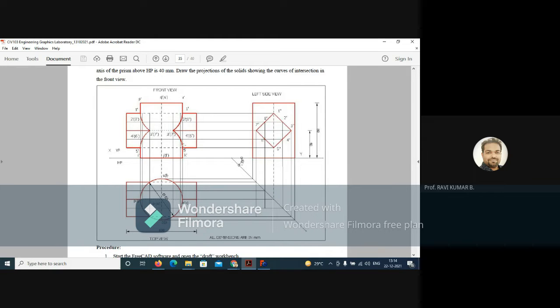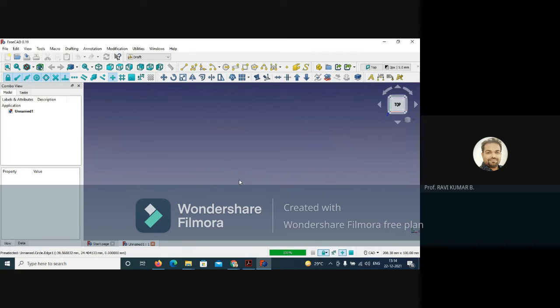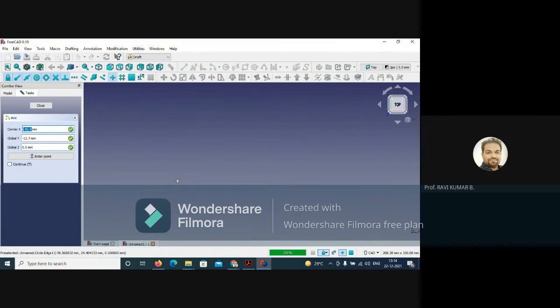So let's start our drawing right from the cylinder side. The cylinder dimension, as clearly given, is a 60 diameter. So we have to take a radius of 30. Take the circle command, which creates a circle. Usually we give the center as 0 0 0, or you can choose any center. You can click anywhere to start, but the tradition we have been following from the first is the same thing.